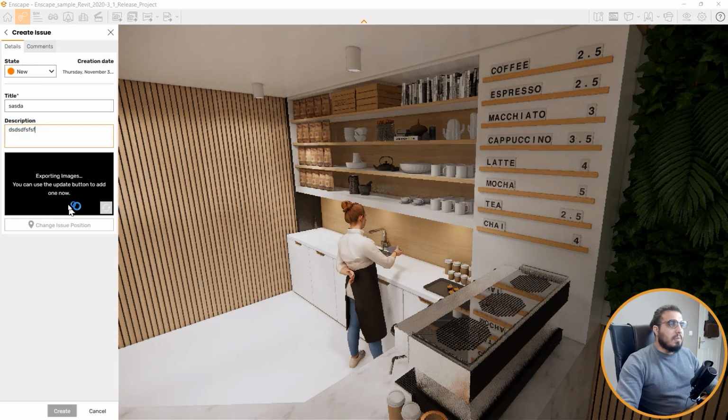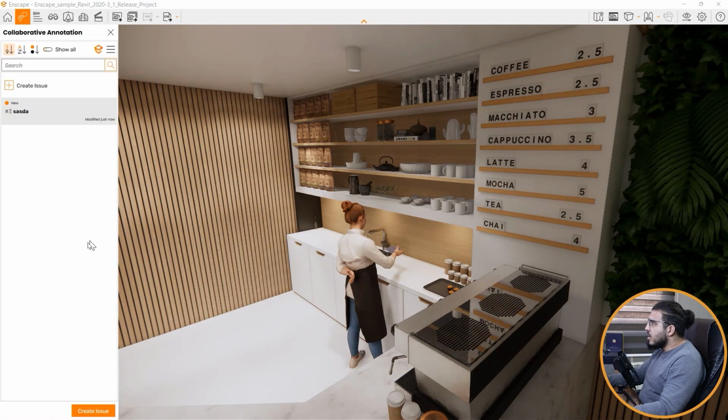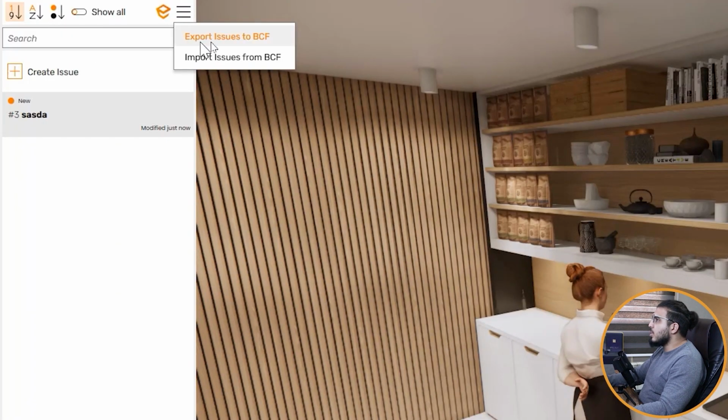And after the image is created, then you can create your issues. Let's create it, and then in here you can do some different things. For example, in here you can export to BCF, and also you can import BCF, and you can do so much with this issue and collaborative annotation between Enscape and BCF formats.